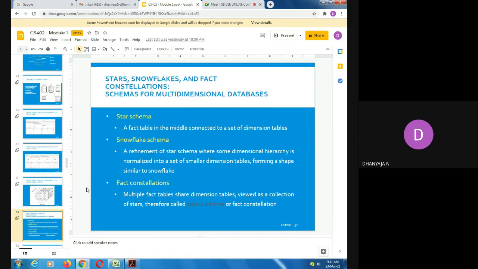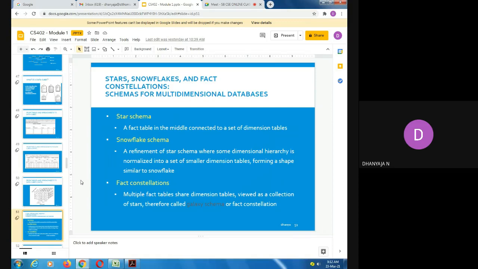And next is about different schemas for multidimensional databases. Here, mainly three schemas are there: star schema, snowflake schema, and fact constellation. Star schema means a fact table in the middle connected to a set of dimension tables. So it will look like a star.